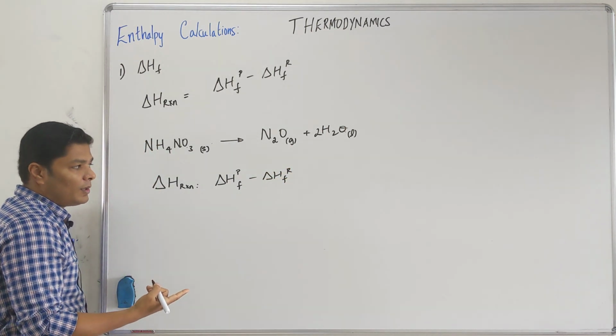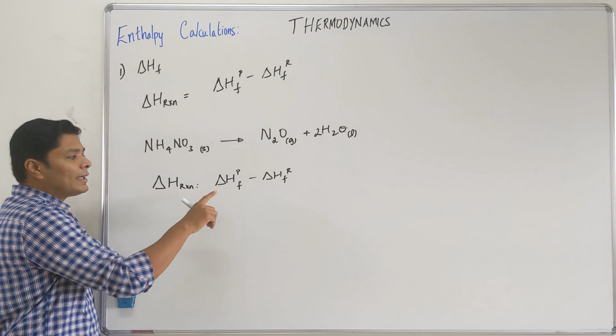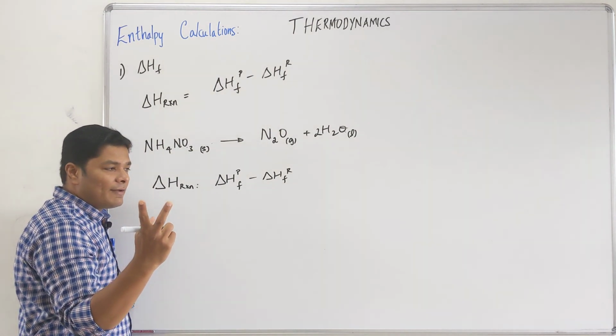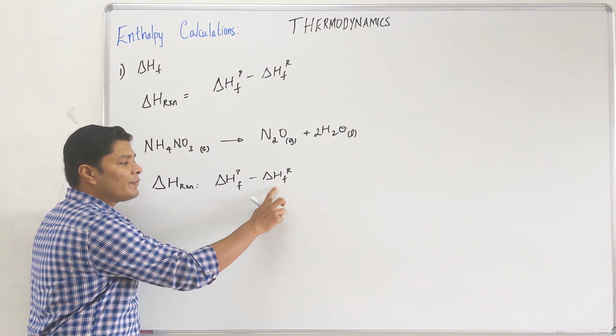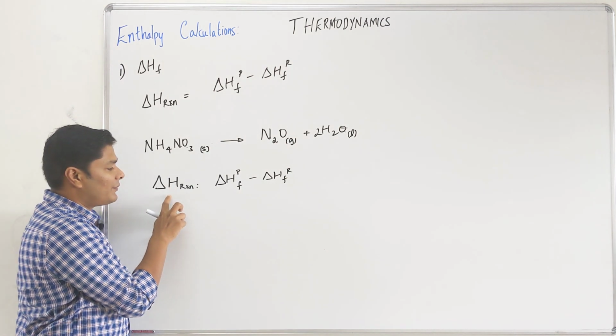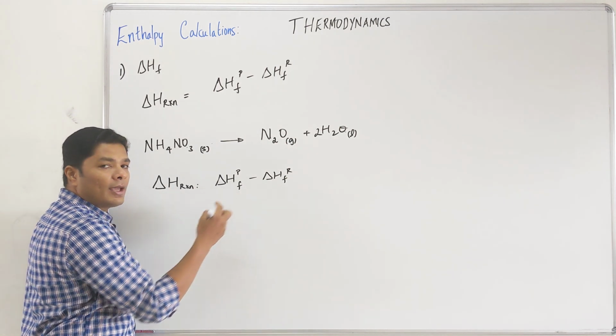In this type of problem, they will give you the delta H of formation. Okay, there is 2 types they can give you. They can give you both the delta H of formation, ask you this, or delta H of reaction, they will give one of these and ask for the other.